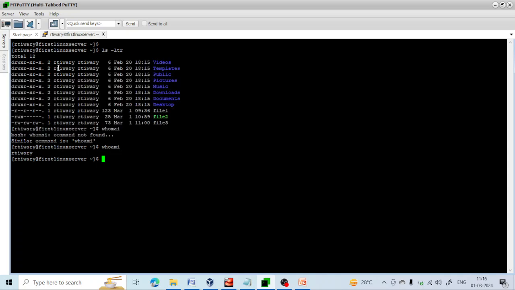So how can we change the ownership of the file, and how can we change the group ownership of the file? There are two levels of access. The first level is the ownership of the file, and the second level is the group ownership of the file. We can change the ownership of the file. This file's current owner is R Tiwari, and let's change the ownership. There is a command called